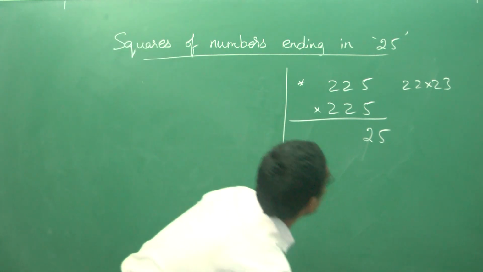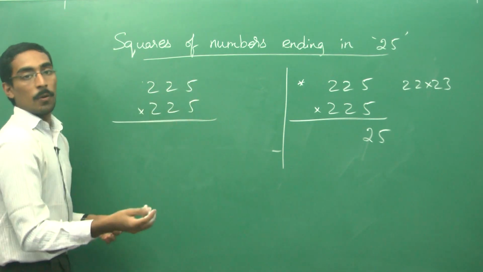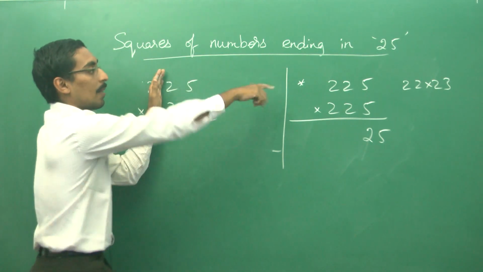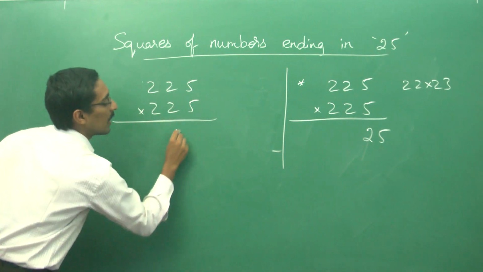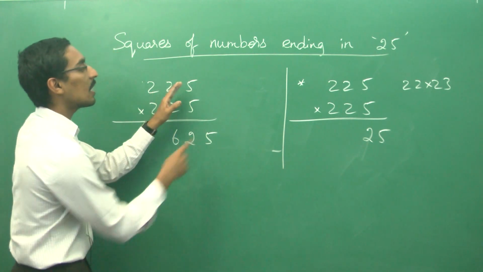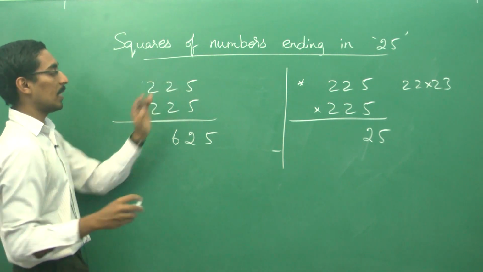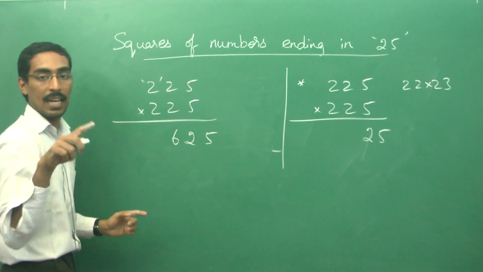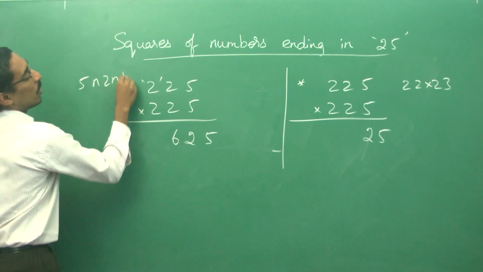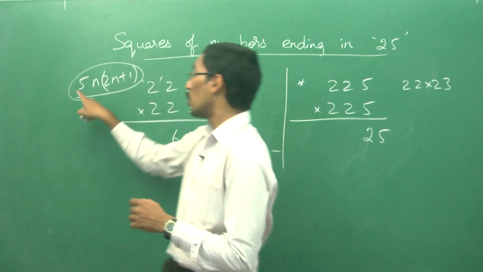I will take 225 into 225. Now directly this 25 I will multiply. What is 25 square? For this I can apply that previous technique. I can say it is 625. Directly write that down, that will be the last 3 digits of our answer. Now other than that 25, what is left? It's this 2 alone. If this 2 alone is taken as n, please remember, the remaining portion should be filled up as 5 into n into 2n plus 1. Please remember this, 5 into n into 2n plus 1.